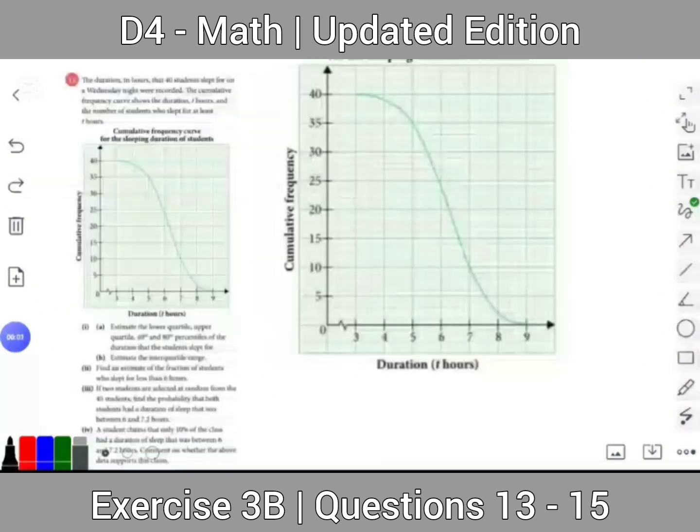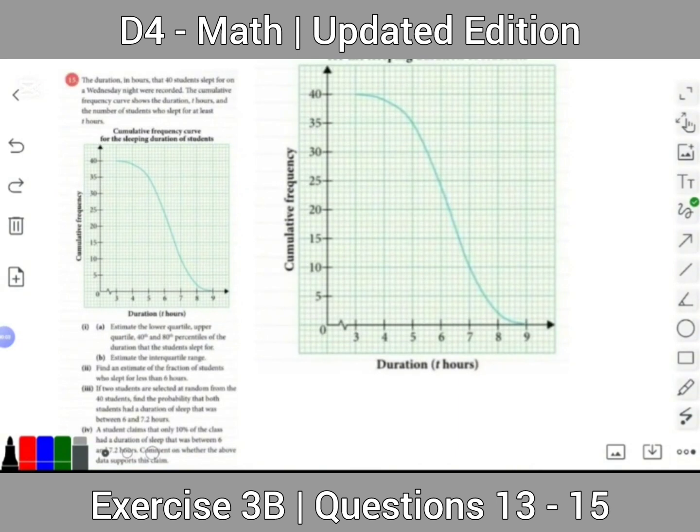Now in question 15, the duration in hours that 40 students slept for on a Wednesday night were recorded. The cumulative frequency curve shows the duration, T hours, and the number of students who slept for at least T hours. So in part 1a, estimate the lower quartile, upper quartile, 40th and 80th percentiles of the duration that the students slept for. So first we have to understand the scale